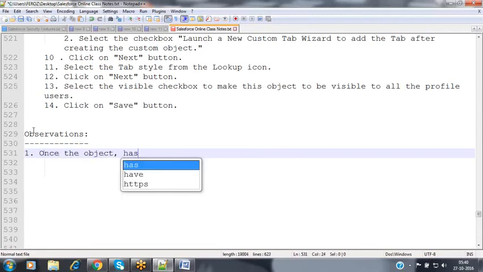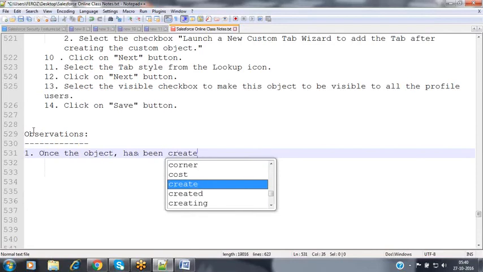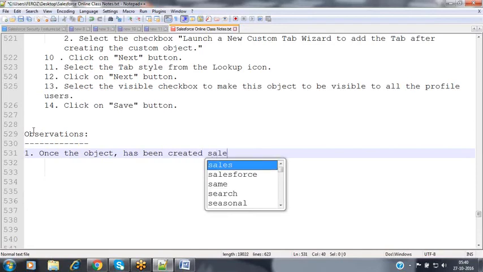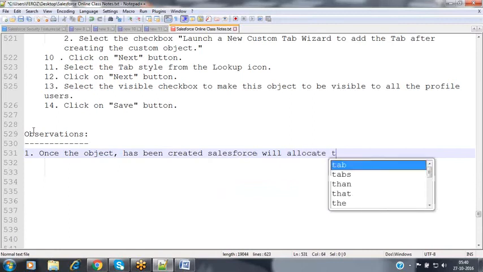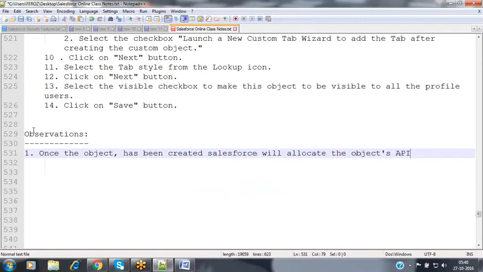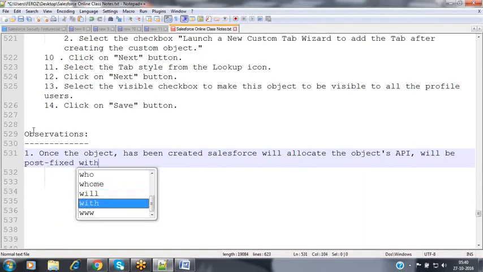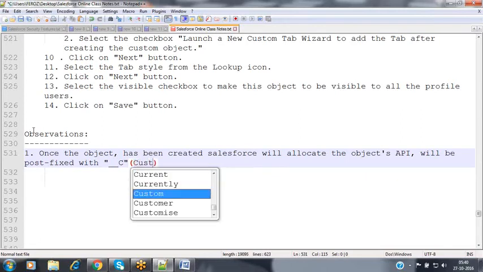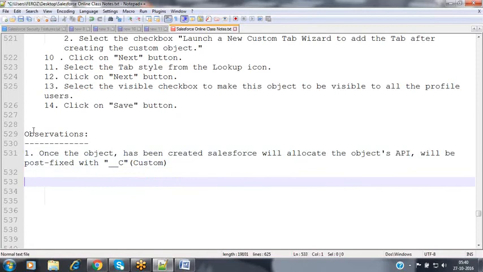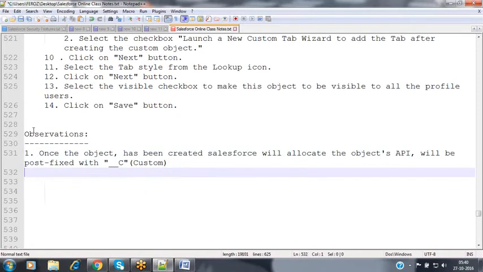Once the object has been created, Salesforce will allocate the object's API name, which will be postfixed with underscore underscore C, which represents this is a custom. Underscore underscore C means custom.